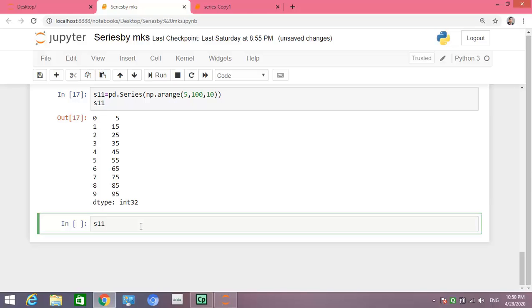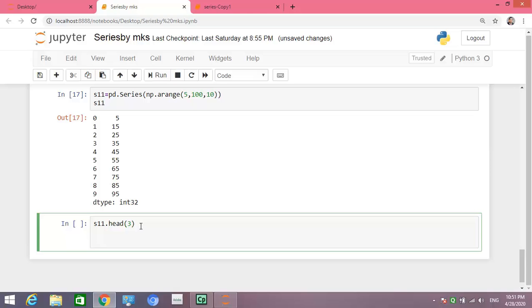S11 dot head, how many values do we want? 3 from the top side and 3 from the bottom side, tail.